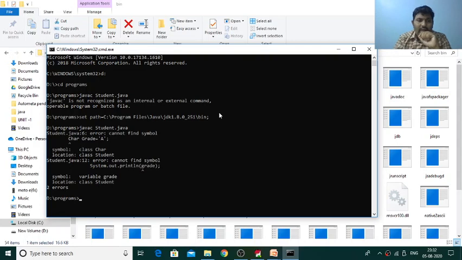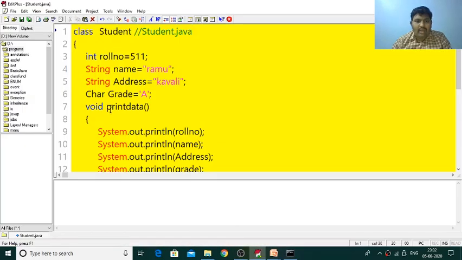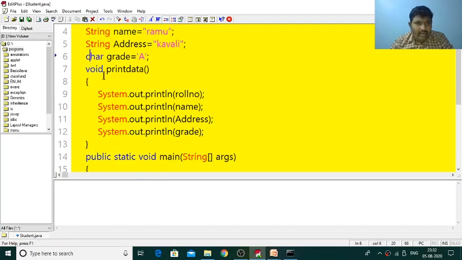So it is showing some error. The errors will be shown like this. How can we rectify the error? What is the mistake I made? Here I used a capital G, but it should be a small g. The type should be char, so it is not Char. That's why it automatically shows blue color. If it is already available as built-in data, it will show with some color. So char, and the mistake is covered.